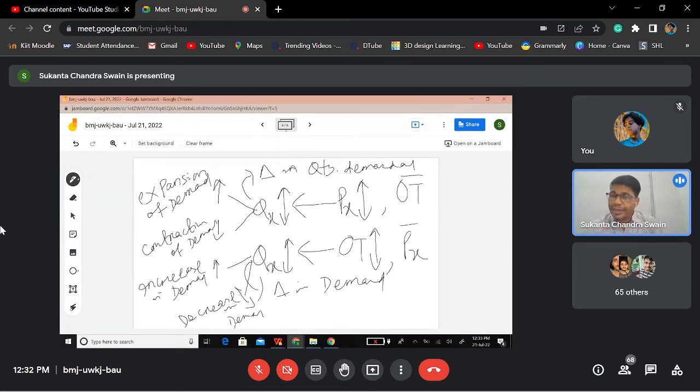So change in quantity demanded is of two types. One is expansion or extension of demand, if demand is increasing due to change in price of that commodity, other things remaining constant. If, other things remaining constant, due to change in price, demand for that commodity is falling, then it's contraction